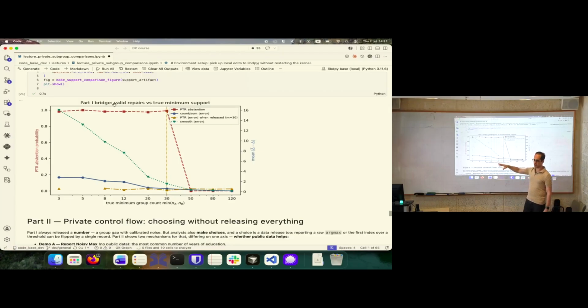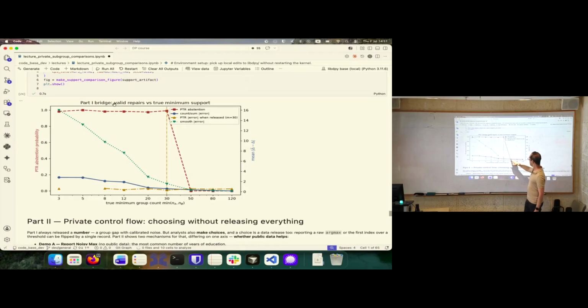Propose-test-release has this weird phenomenon where you say, my noise is relatively small throughout, but until I get to this point, with high probability I completely fail. So when I succeed I'm good, but with high probability I fail. So it's not really fair how to compare it.